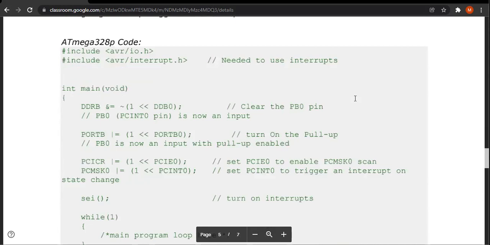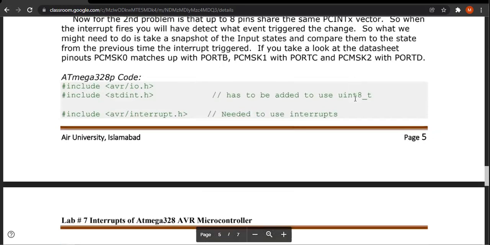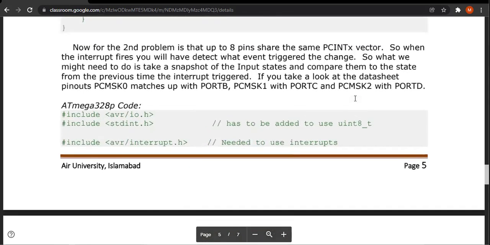As you can see, specific pins of the ATmega328P are used. Here is a problem: up to 8 pins share the same pin change interrupt. These are all the same code, but there is some change in the configuration.